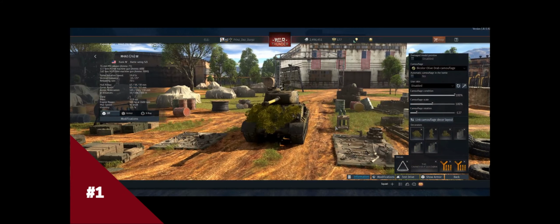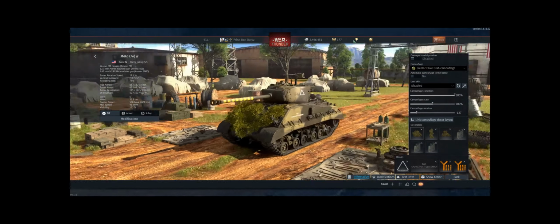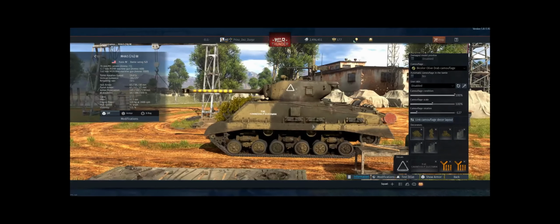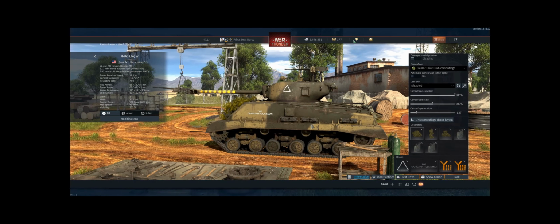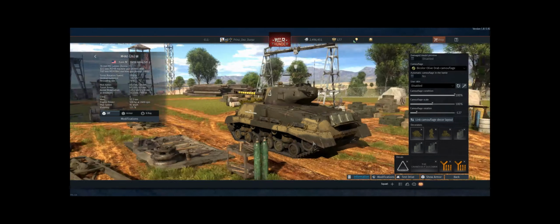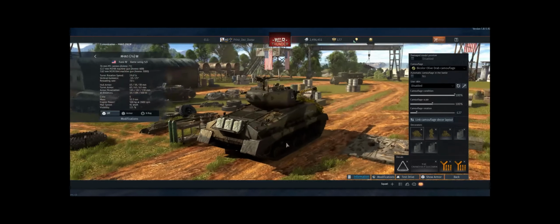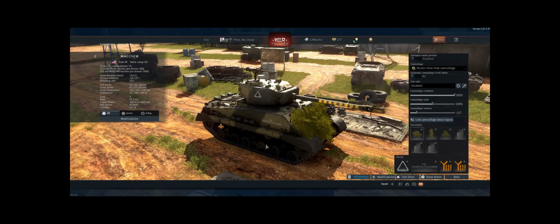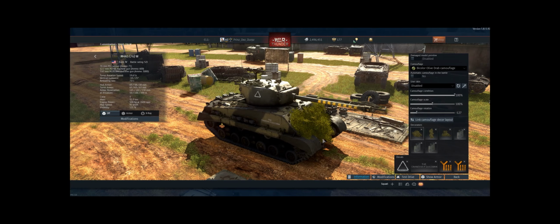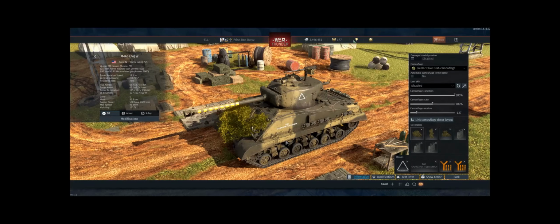My favorite vehicle is the M4A3 76 Sherman. I really love this vehicle, and everyone in my squad knows I love this machine. I have a talisman on it. I had a personal mission that I had to kill 60 tanks in a medium or light vehicle, and I did that in my 76 Sherman just because of its mobility, its flexibility, and it's just universal